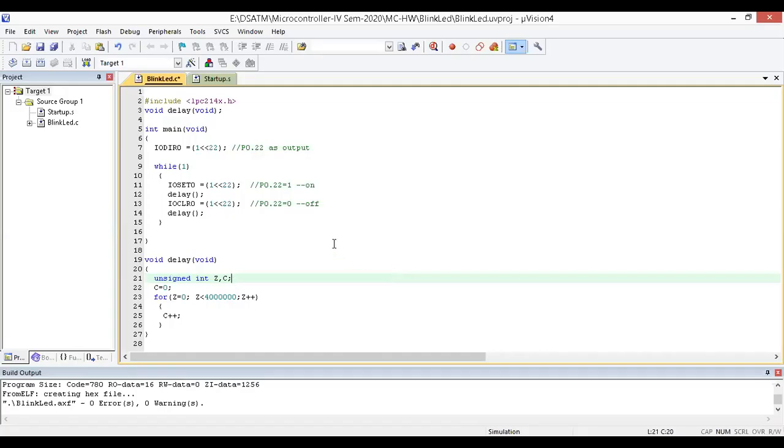Okay, this is the program. Now I'm going to save this. Build this particular program. The building is over. Zero errors. There are no errors at all. Then after completion of this, we have to go for Flash Magic. The communication port is 19 here. That is LPC2148. Okay, this is over. Then browse, select this, blink LED. Then open. That is over. Then start.